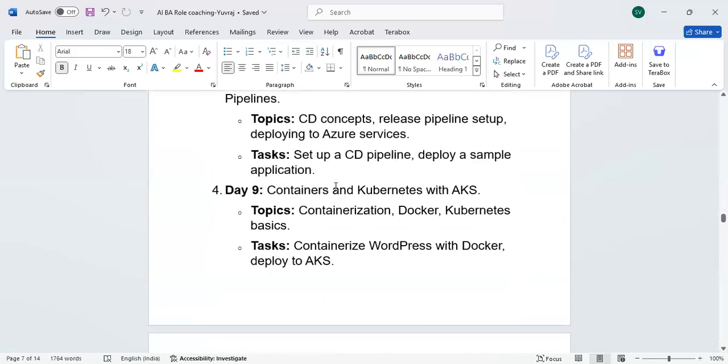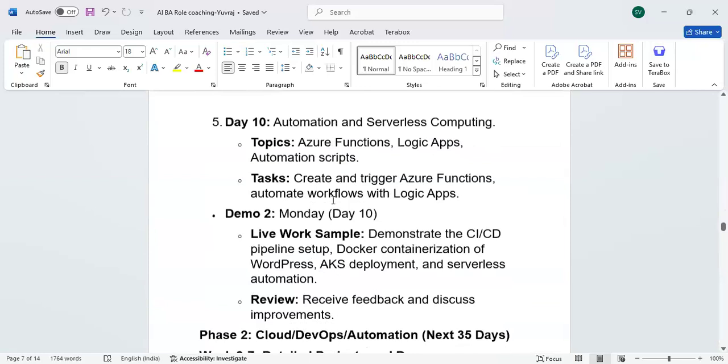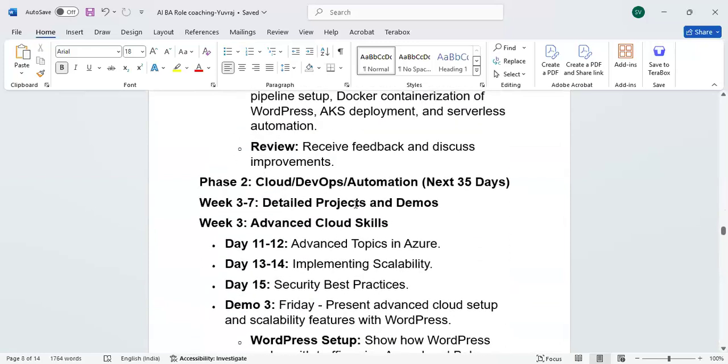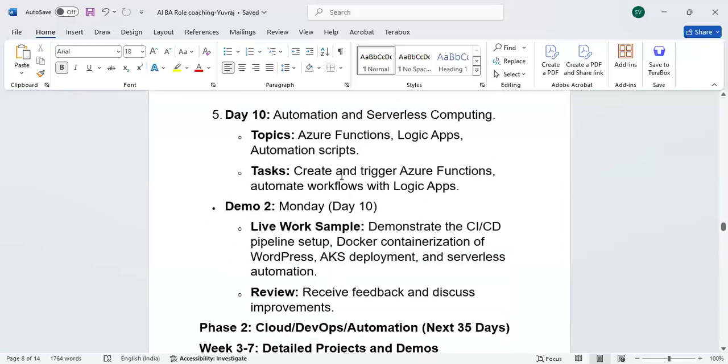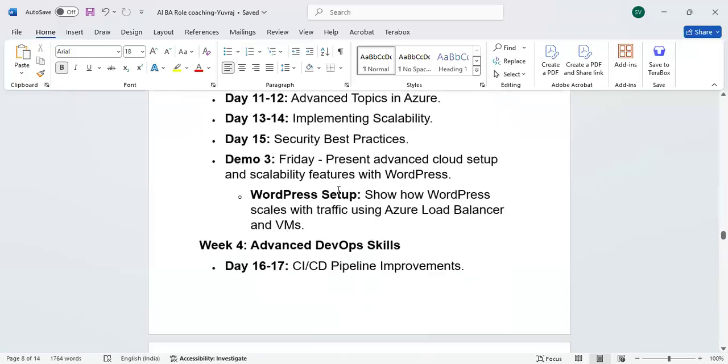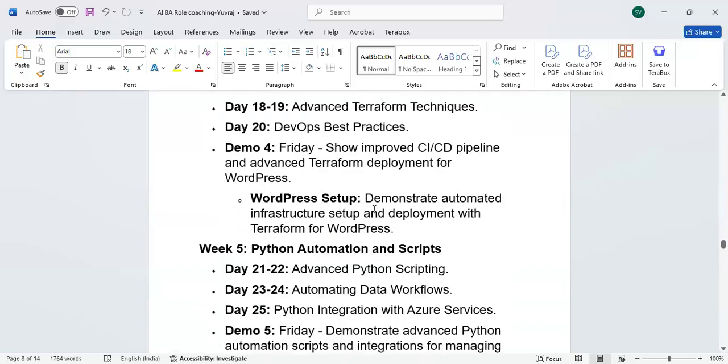By this time, you will have control on writing AI prompts also. By week 5, something like that. Here, week 5 is there for Python scripting. So when you come to the Python scripting, you're going to learn how to write the AI prompt to get the Python scripts also.